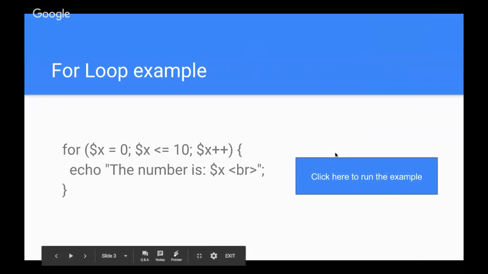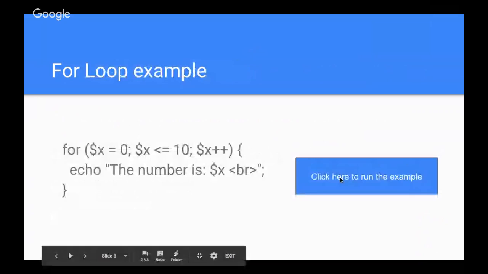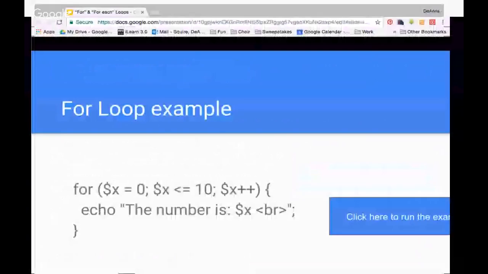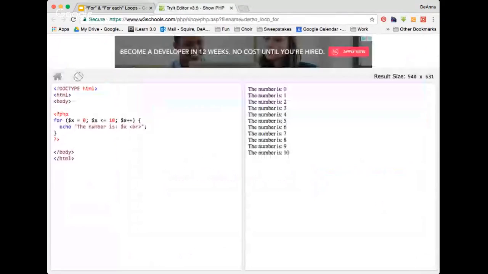So let's check and see how this works in action. I have to get the example to run, and it's probably not working, so I'll have to back out of here really quick. There we go. Okay, so in here,